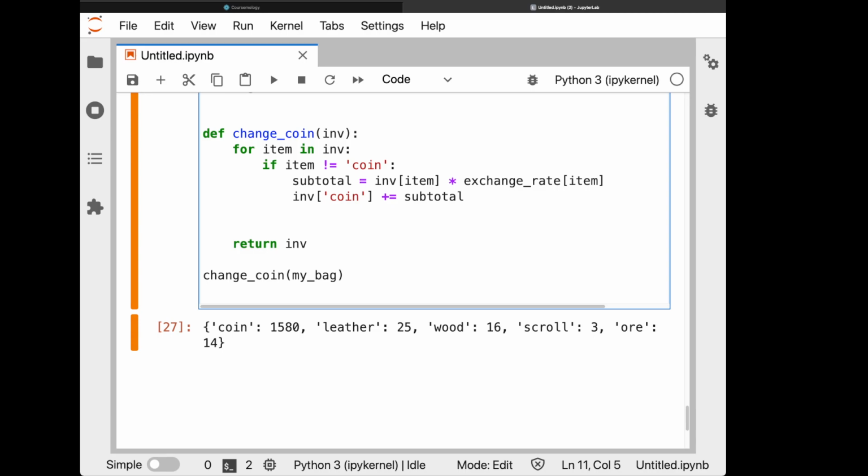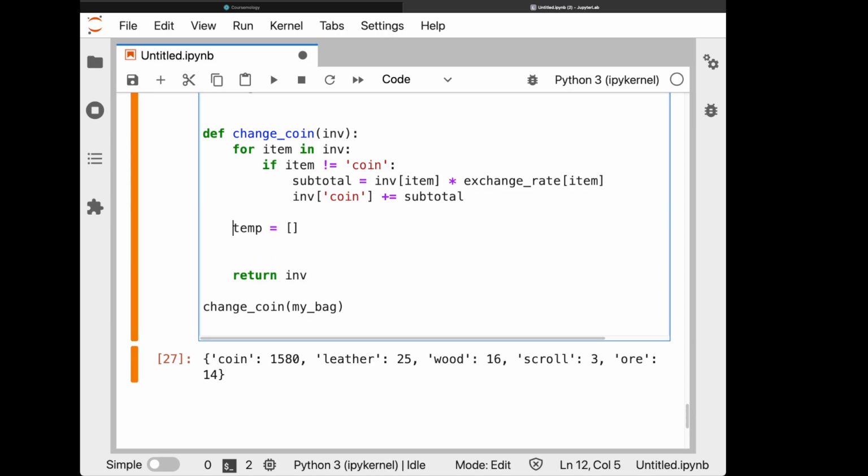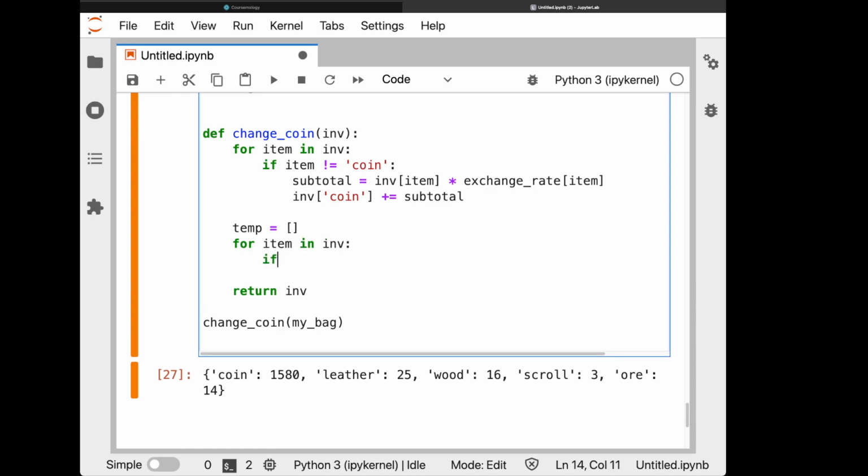Okay, I'm going to do a workaround. Let's try this. Let's start a temporary list first. Temp equals an empty list. Okay, so I will do for key in inventory. I use item. For item in inventory, if item is not equal to coin,